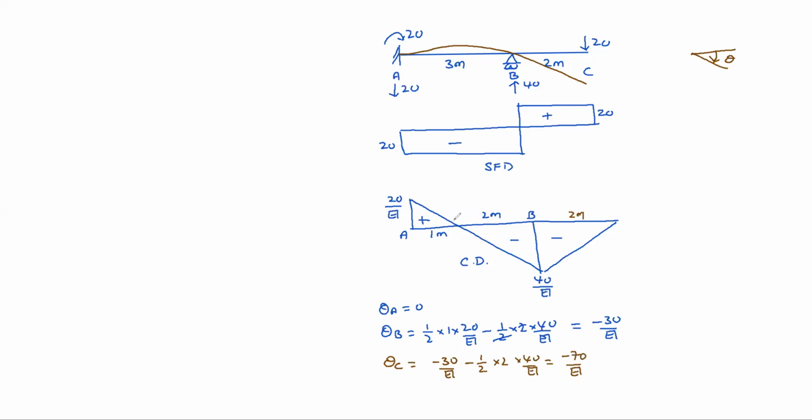And you can observe here the curvature diagram changing. That means the point of contraflexure. At the point of contraflexure, you can observe that point here. Up to that point of contraflexure, you can observe sagging, sagging here, right? Then after that, totally hogging. Okay, the pattern you can observe. Okay. Next.